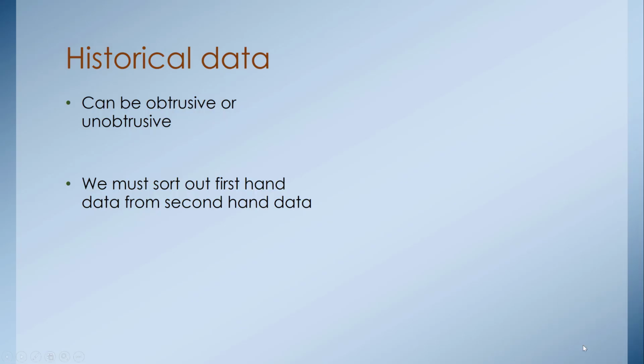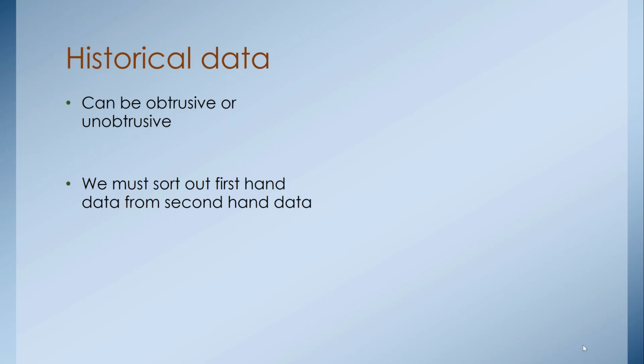And then in historical data, it can be obtrusive or it can be unobtrusive. Meaning the unobtrusive, again, is we can be looking at documents that already exist. We can actually be obtrusive and we can interview individuals about a historical event that they have experienced. If we're interviewing them about a historical event that they have experienced, this again is going to be first-hand data,